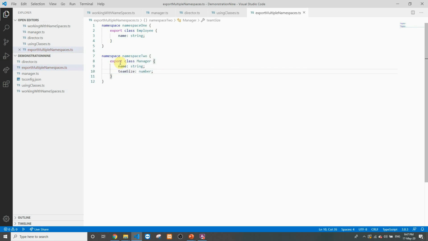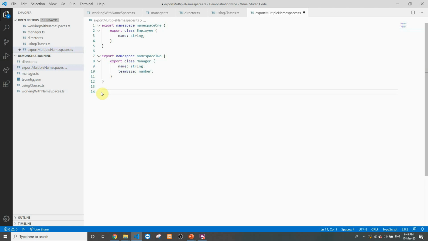So now the two namespaces that we have, namespace 1 and namespace 2, we need to export these particular namespaces using the ES6 modules. So what we'll do next is we'll try to export these two namespaces. So in order to export these namespaces, we'll put a keyword export in front of these namespaces. So export namespace 1 and export namespace 2.